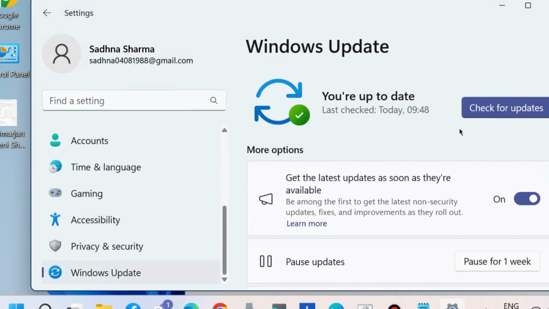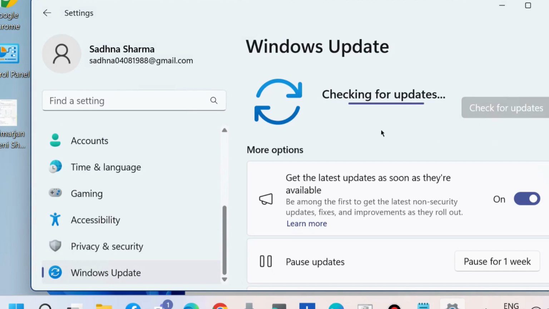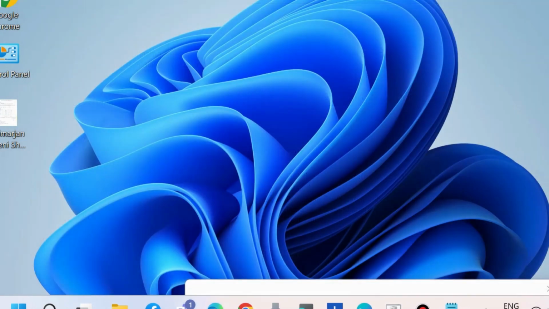and install the latest Windows update. Sometimes an outdated OS may be the cause of drag and drop not working in Windows 11 and Windows 10. So you must install the latest Windows update in your